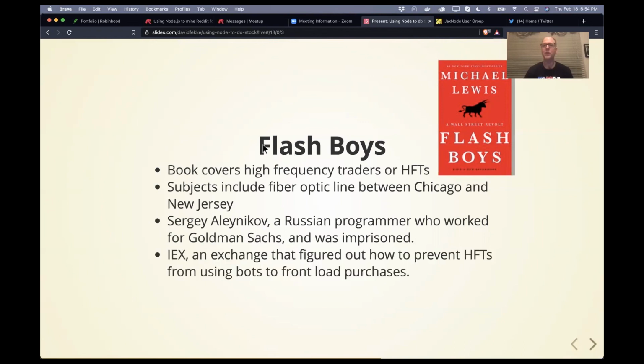But the main story in the book that I thought was really interesting was this company called IEX. Now, you might have heard of IEX, you might not have. IEX is a company that initially got started as a dark pool. The reason it got started was because there was a broker working for, I want to say, the Royal Bank of Canada. And he was making all these large institutional trades where he needed to buy, let's say, 20,000 shares of Microsoft, as an example.